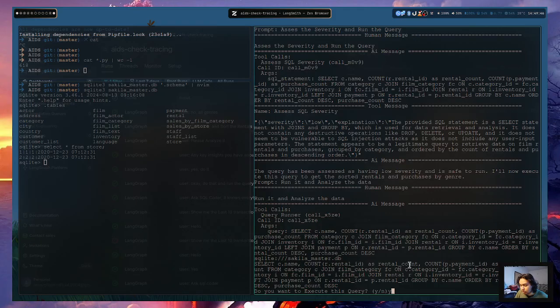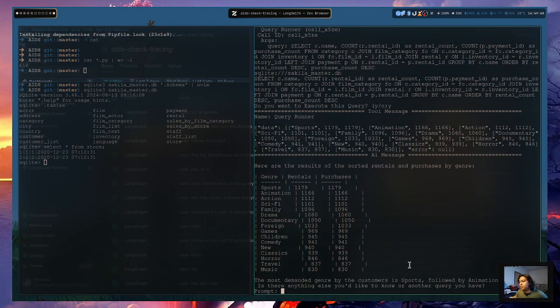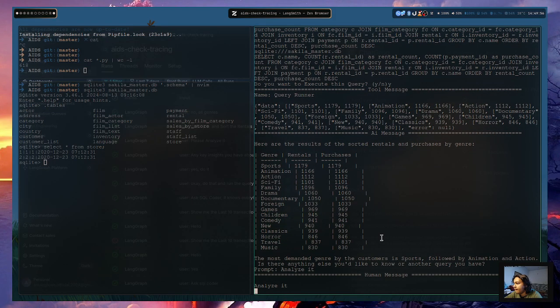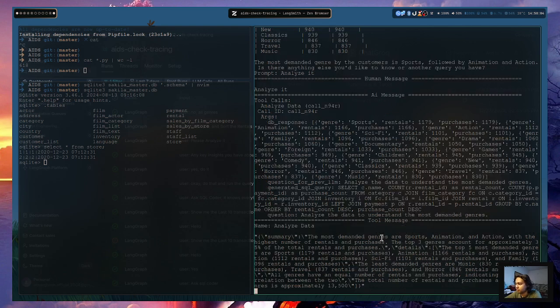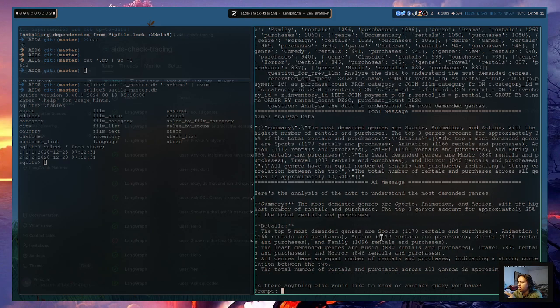I don't know why it's not running multiple tools at the same time, but analyze it. Let's see what are the key insights that we can get from this. Basically, these are some tools. You can also make your own tools and add them to the tools list. Yes, the code is not really that critical at the moment, but over time the code can be improved so that the maintainability improves a lot.